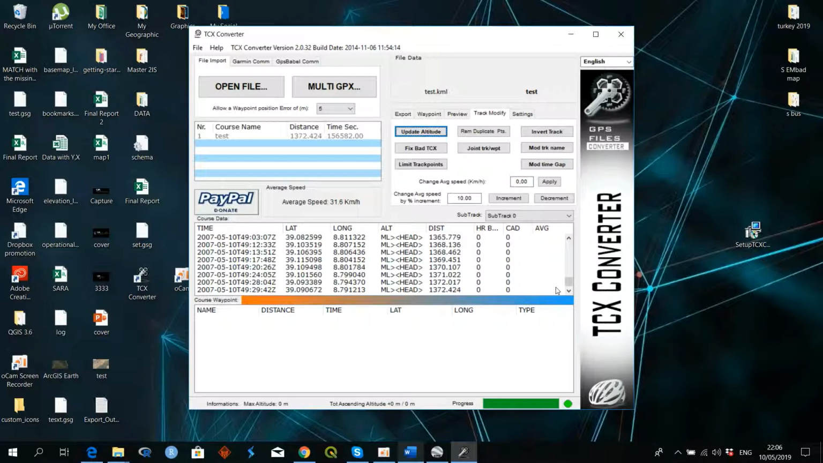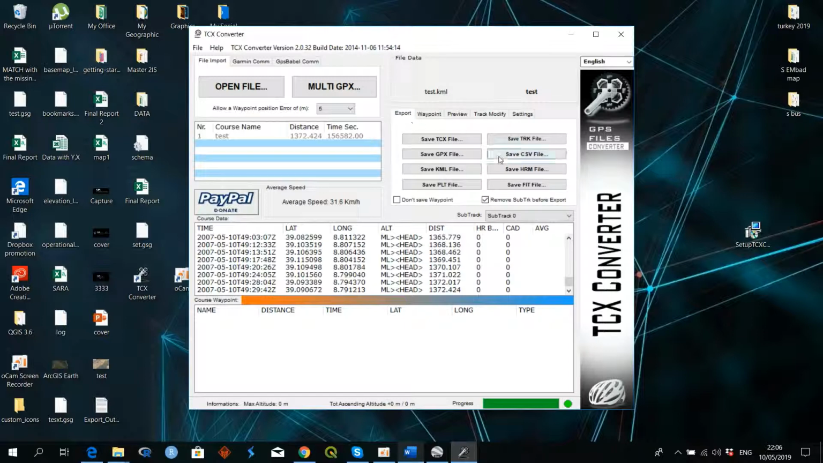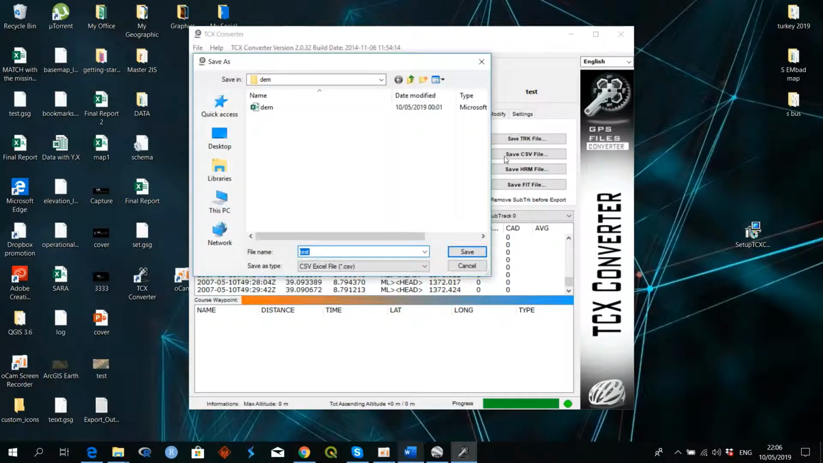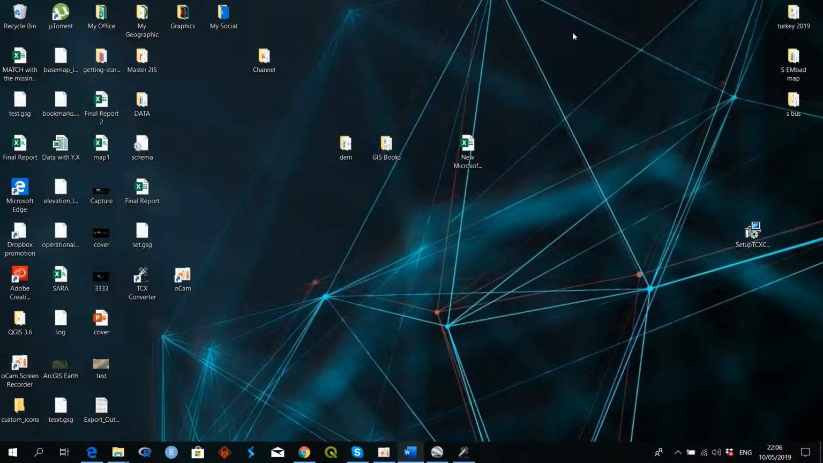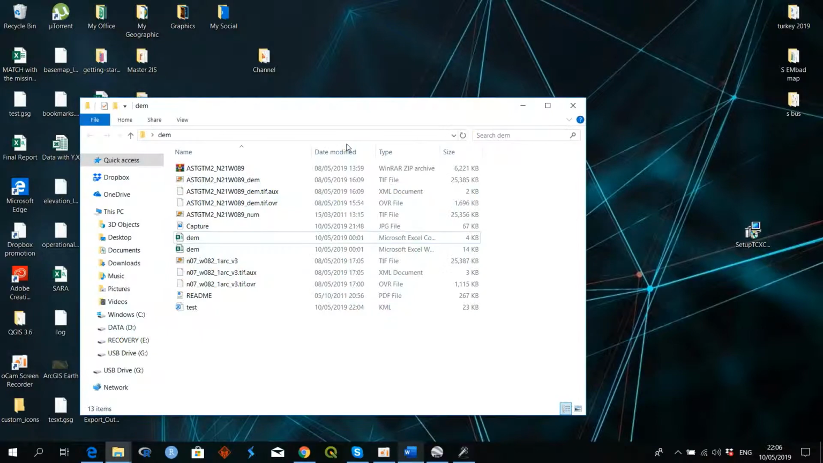Okay, after this process is done, now you have the latitude, the longitude, and the altitude. Next, you go to export, and you save the file as a CSV. I have saved it here, so we're going to keep it. Once you save the file, we don't need the TCX anymore. When you go to the exported file, the CSV,